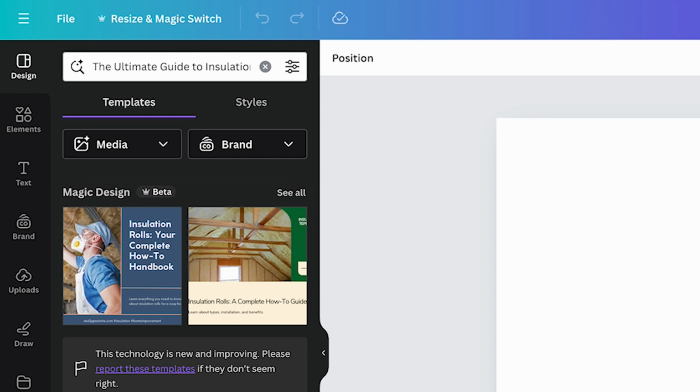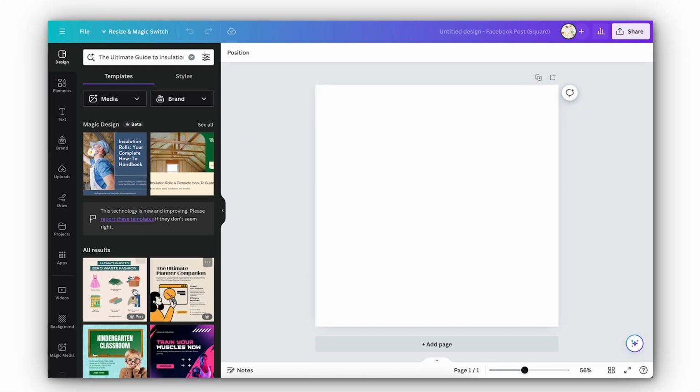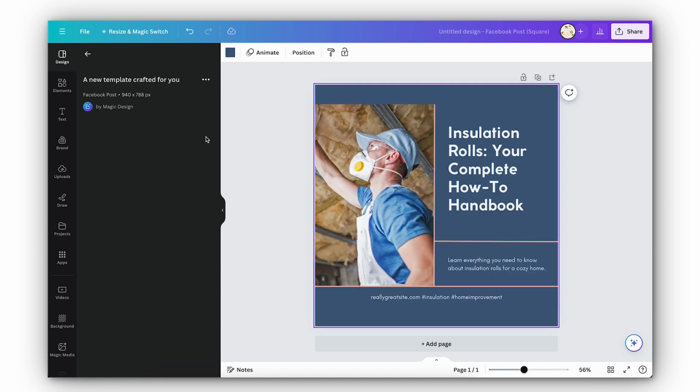Now, when we do that, initially what's going to happen is we'll get a series of templates, or what Canva suggests are some reference templates to use. But at the top, you'll notice Canva Magic or Magic Design appearing. Now, at this stage, Canva is going to pull in at least 2 examples that you can use. Now, to look at these in more detail or to expand these designs, all we have to do is left click. Now, when we do that, you'll see on screen, Canva has applied that, and you'll see installation rules,